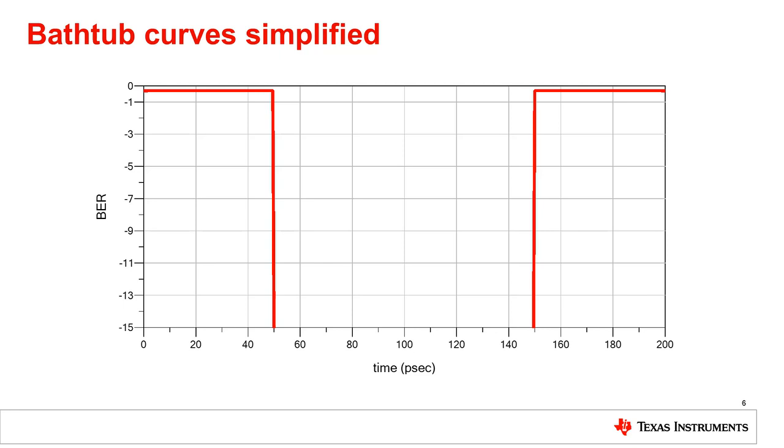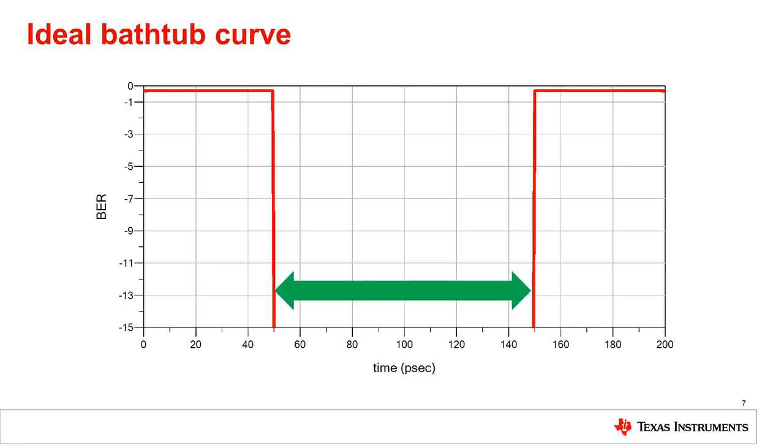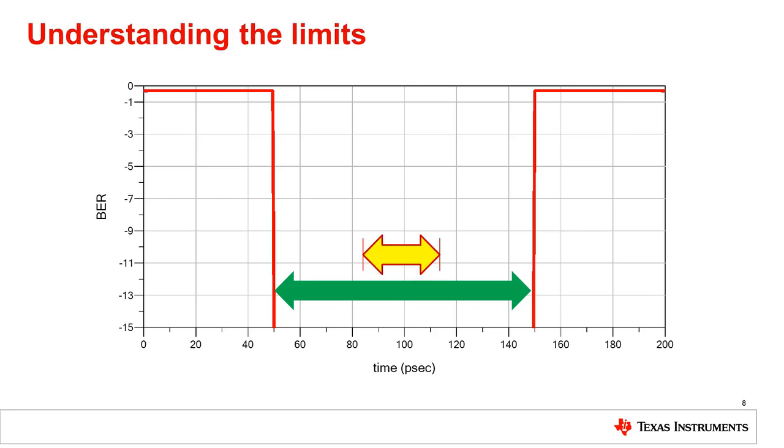A very low BER is achieved within the area noted by the green arrow. This area indicates where bits are considered valid from a timing perspective, similar to the negative space of an eye mask. The yellow arrow here indicates the minimum timing requirement for the data in question. While not naturally a part of the bathtub curve, keeping these two arrows in mind for the calculated result can be useful in understanding the bathtub curve.